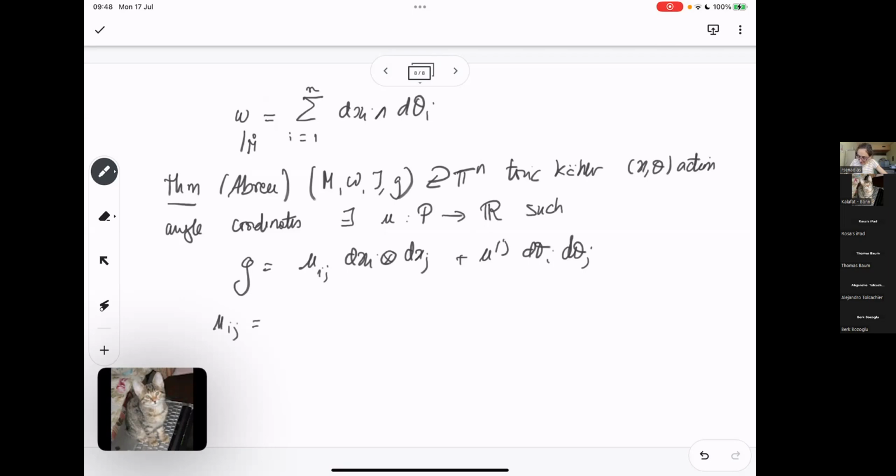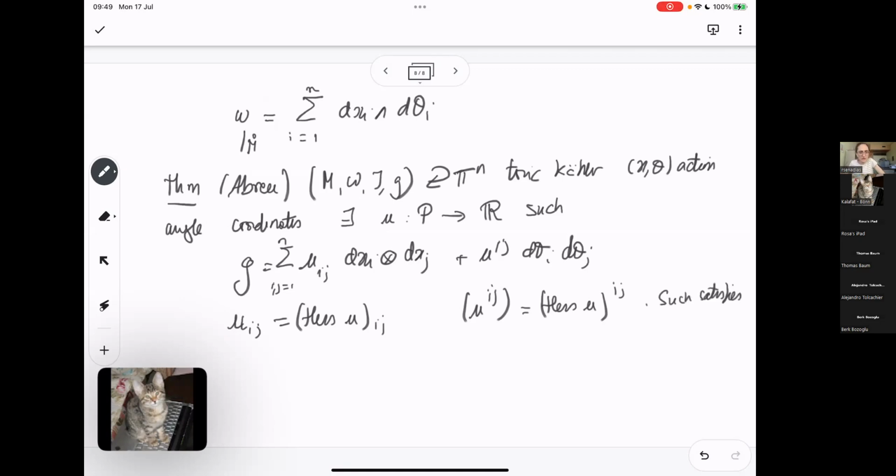Where this Uij means the entries of the Hessian of U. And when I put the upper indices, it means the entries of the inverse of the Hessian. Okay, and a U like this, the U that corresponds to the metric, satisfies three conditions. First of all, its Hessian is positive definite, as you see from this formula, right? Its Hessian gives some of the entries of the metric,